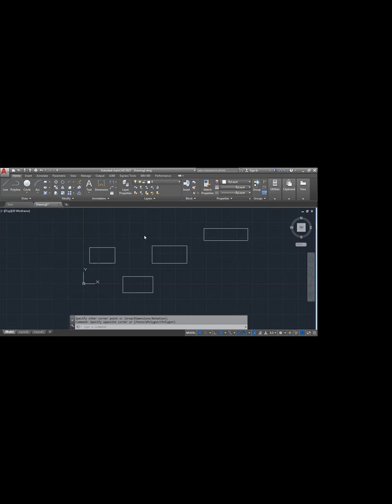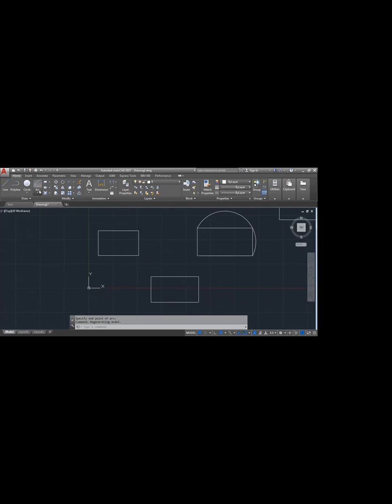I will show you. First, the shortcut of this arc is A, enter. In this we will get by default a single type, that is in shortcut. First select the first point, you will get the 3-point arc. Select the first point and see, specify the second point of arc. Everything whatever you make in AutoCAD, you will get in the display, that means the command bar. Specify the second point of arc and specify the end point. Then enter, it will leave the tool directly.